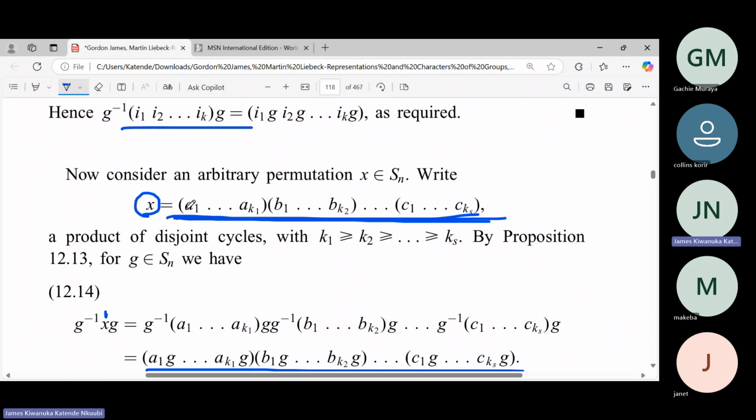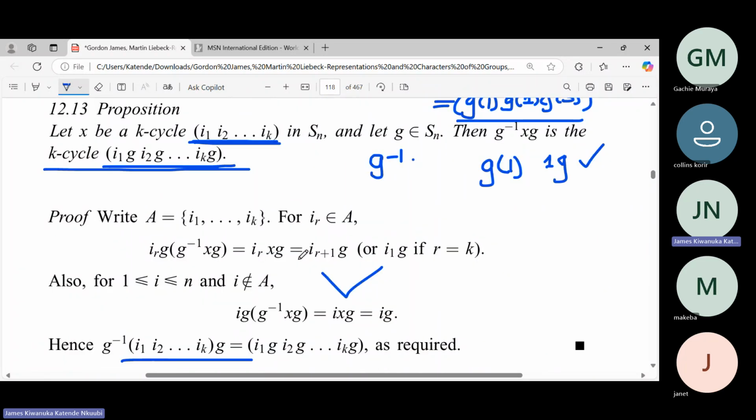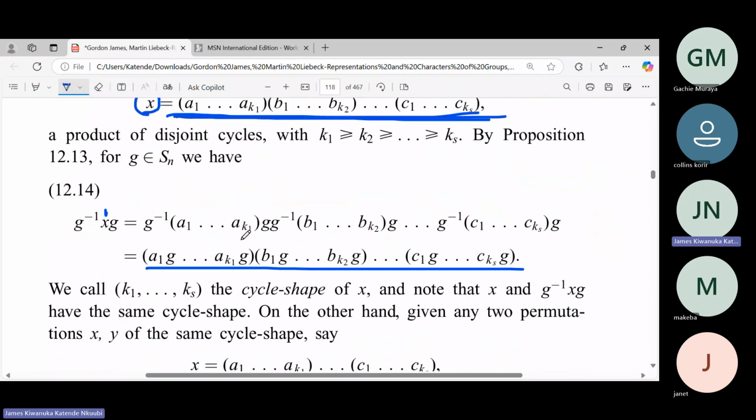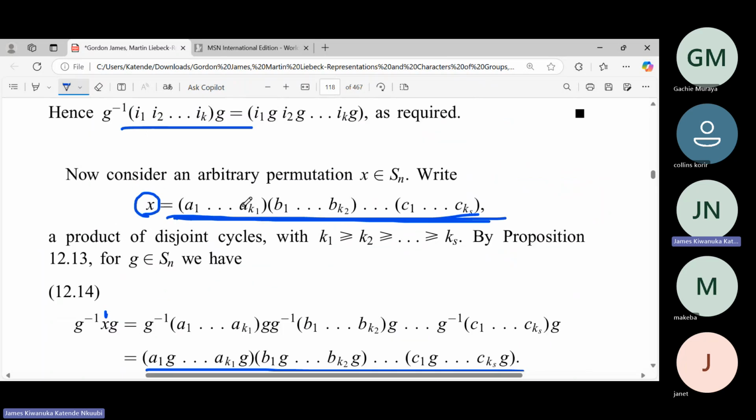So the shape, has it been defined? We will say the shape of this cycle is as follows. The length of the first cycle is K1. The length of the second cycle is K2, and so on. We keep listing them until we get to the last cycle, the length is Ks. So we will say that this is the shape of this